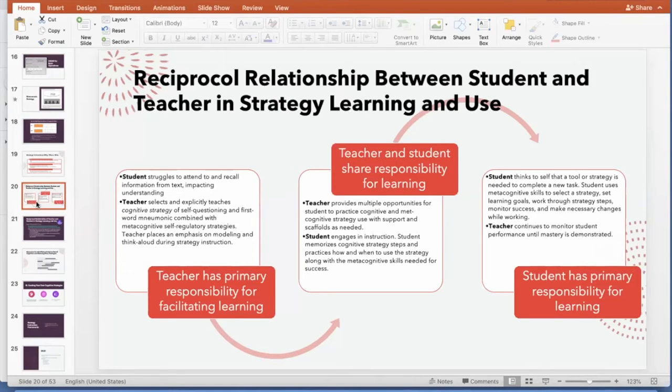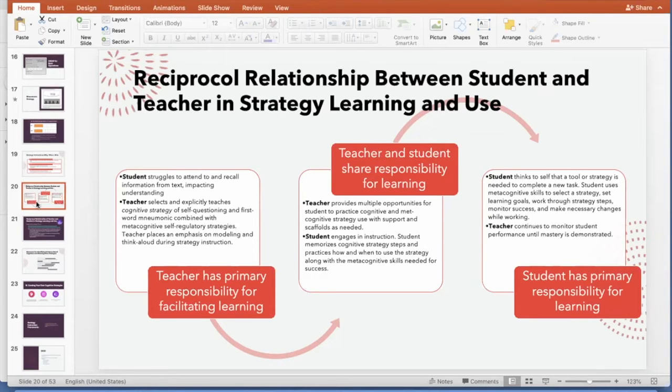So initially, the teacher has primary responsibility for teaching the strategy. The teacher has to notice that the student is having a challenge with something, or pick a target skill that they know a lot of students are going to really struggle with, come up with a strategy, and then teach it. So model it, think aloud through the process of using the strategy,